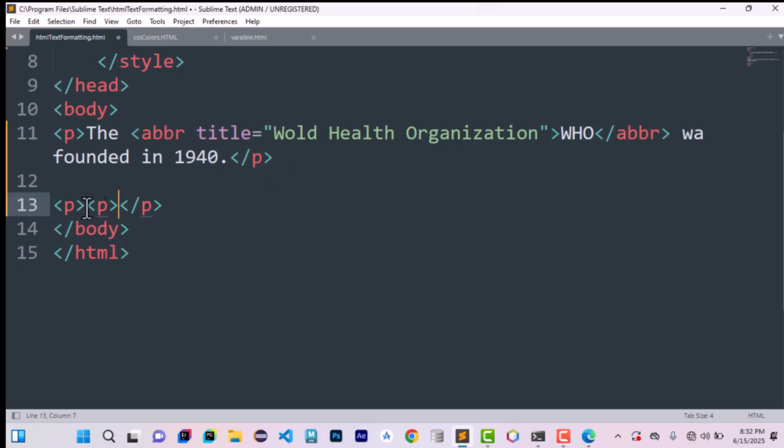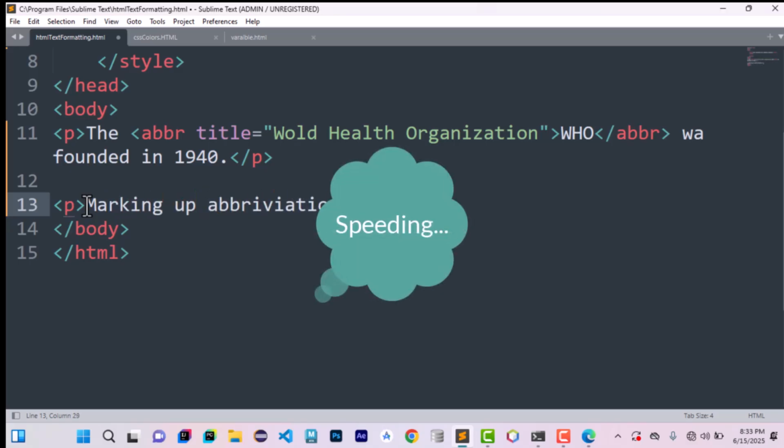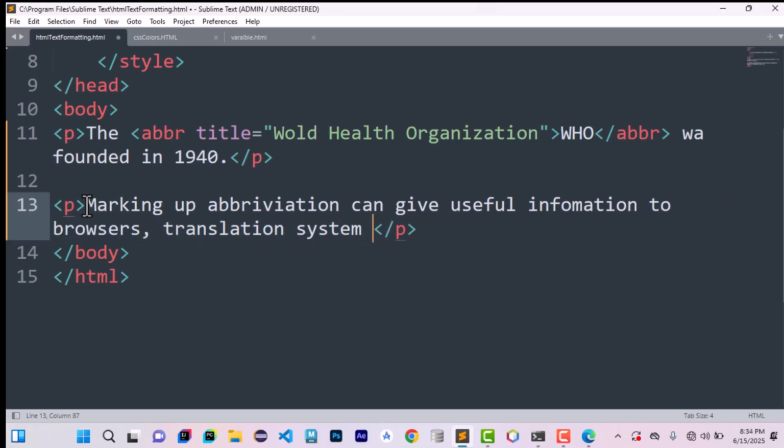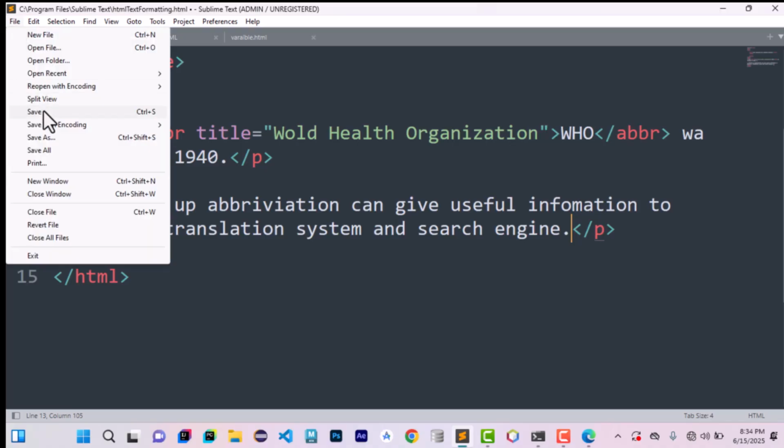So delete this p. Now if I can save this,